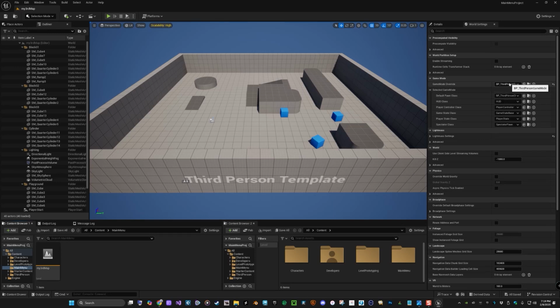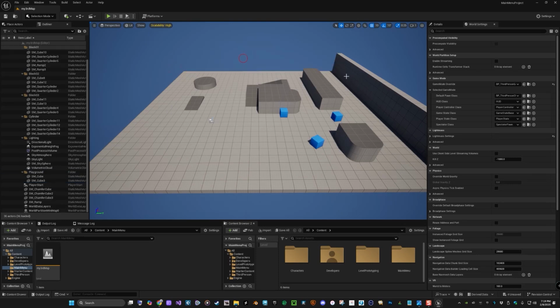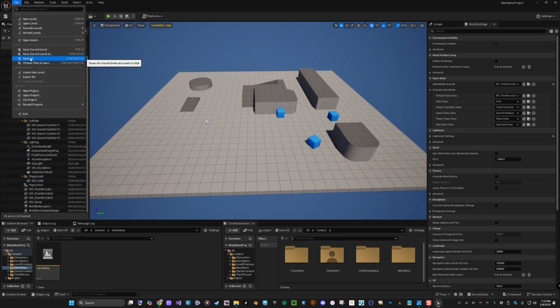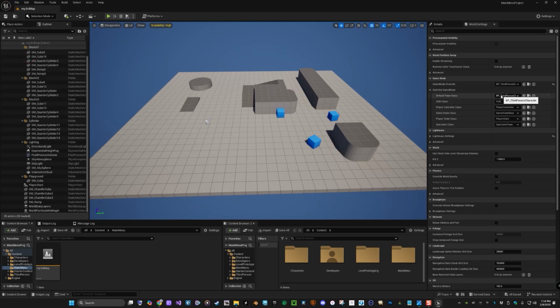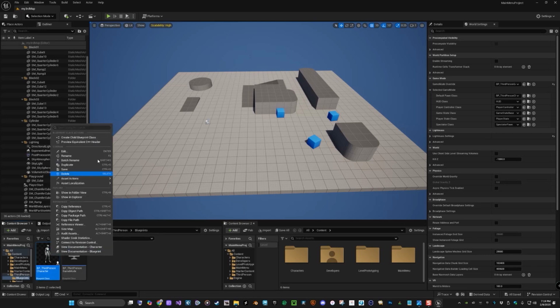Right now I'm going to modify this, but to guarantee that I know just by looking at it that it's my map, I'm going to delete the walls to begin with, right? And then I'm going to go to this pawn class, and here's the browse to asset button. It automatically goes and finds that asset and where it is, which is in third person blueprints, but I'm going to duplicate it,